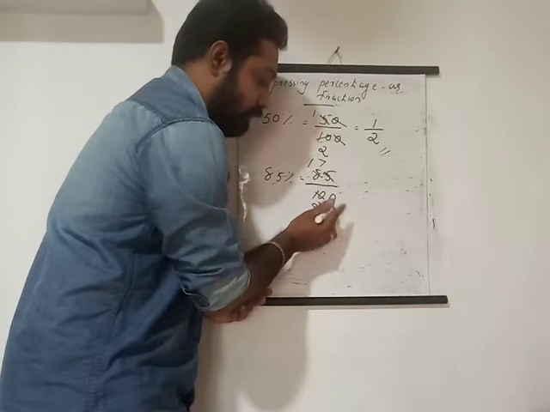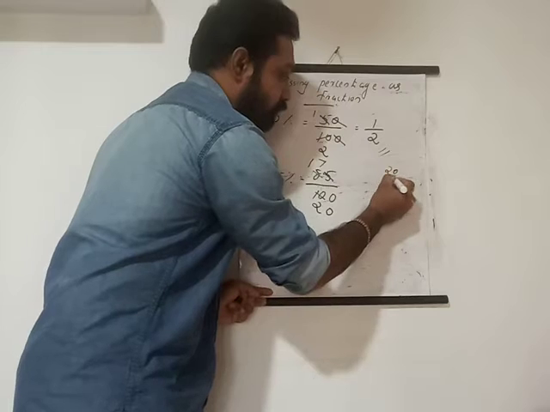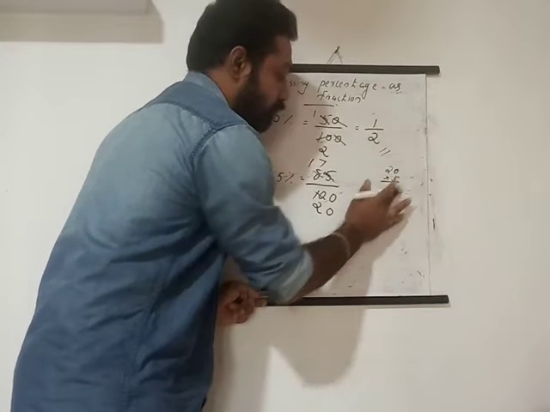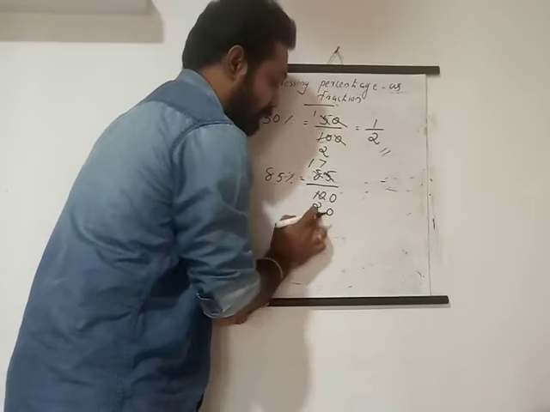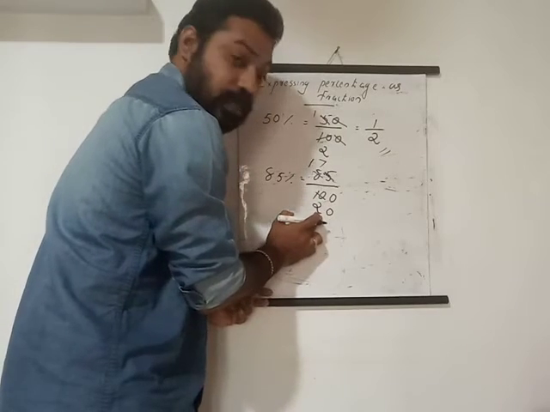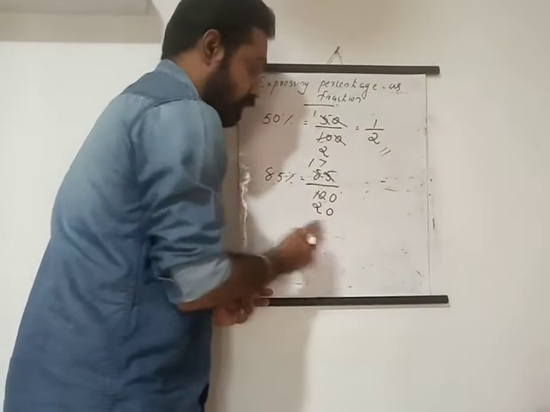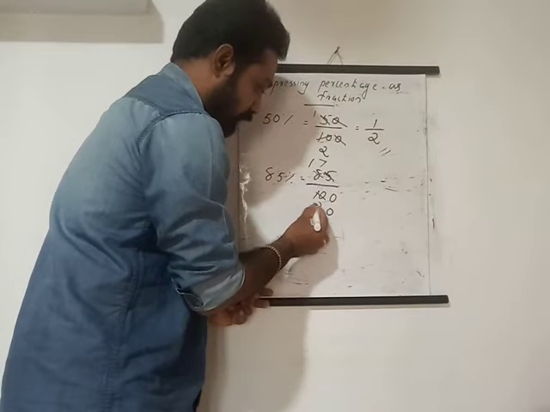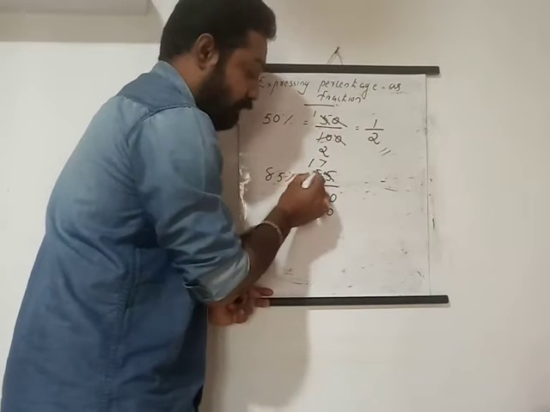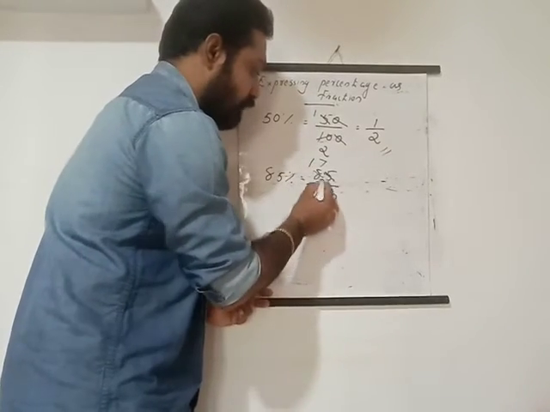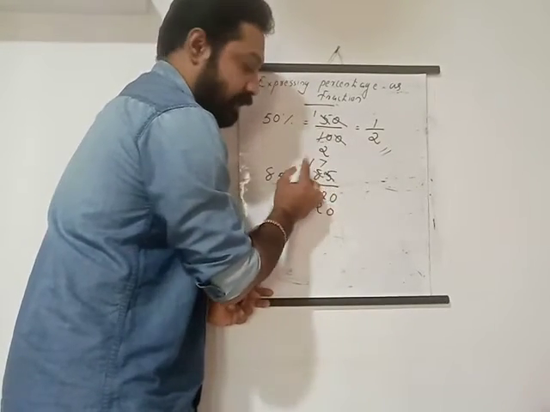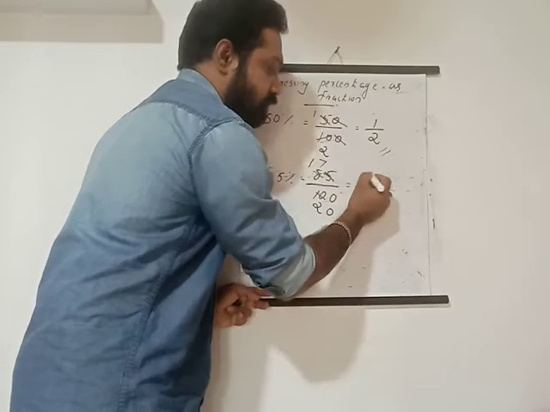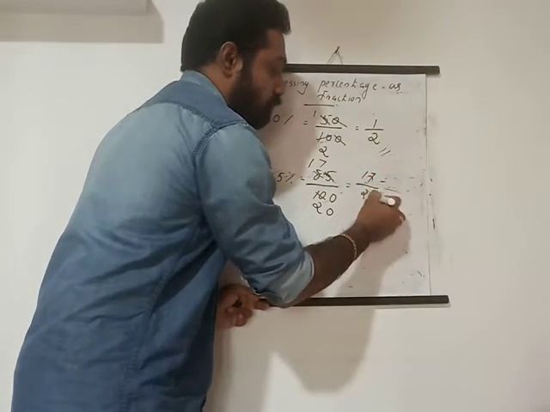This is 20 we will get, isn't it? This 20 into 5 times is what? 100, isn't it? So 20 we will get. The last 0, if you cut it, you have to put that 0 here. Then only our answer comes. Now you can check it by multiplying with 5. 20 into 5 is 100. 17 into 5 is 85. So 17 by 20. 17 is a prime number, so further cutting is not there. So what is the answer? 17 by 20.